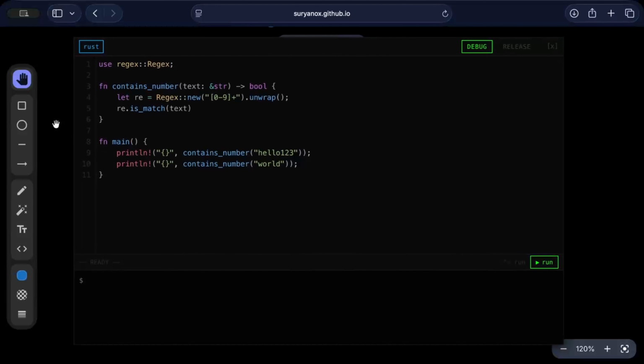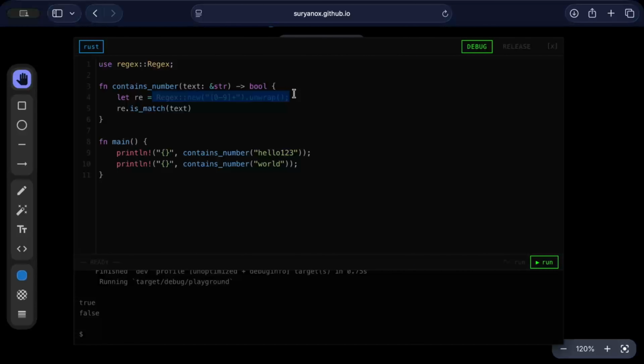Right here, we have a pretty simple and basic code which takes in a slice and checks if there is any number, and it just returns. Now if you run this code, it runs perfectly fine. The first slice has numbers 1, 2, 3. The second is just a word with no numbers, so it's correct. And you might see similar code in production as well. So the problem with this code, if you pause for a second and think, is